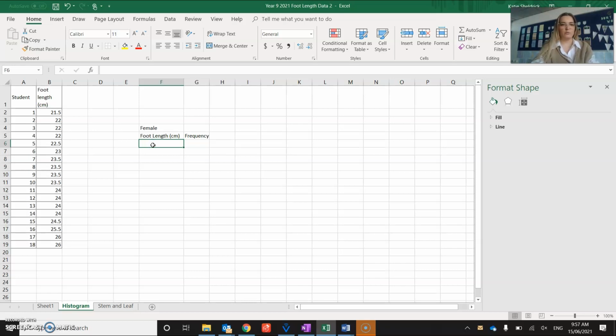Of course it doesn't work. Just kidding. Okay, I'm going to go through it and just do it all myself. So 21, and we're going to go 21 centimeters to 22, 22 centimeters to 23, 23 centimeters to 24, 24 centimeters to 25, 25 to 26,